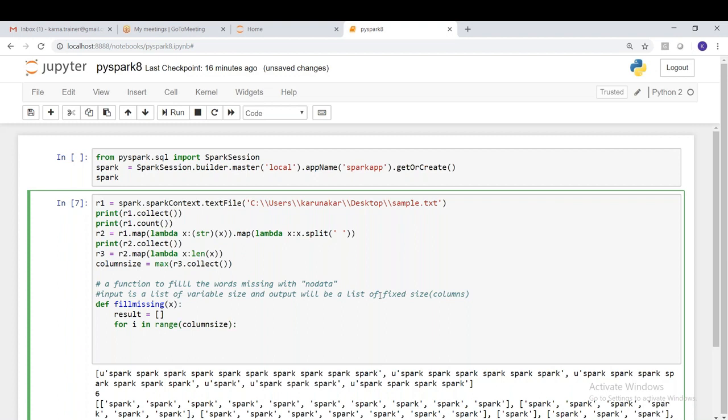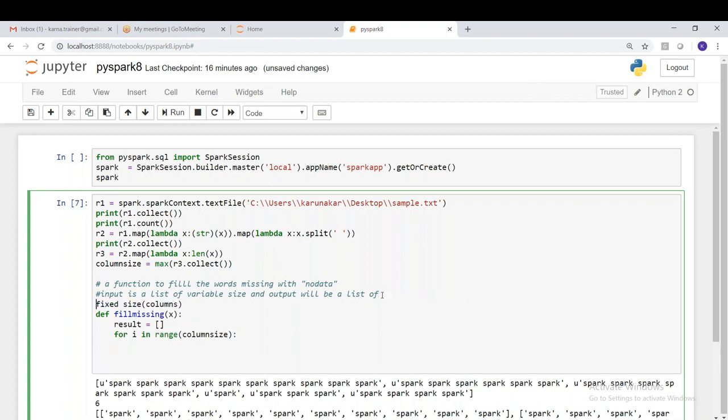So what we are trying to do is iterate this process 10 times. What is the process? If a word is there, then fill it as it is, with the word. Otherwise, fill that empty spot with something called no data.